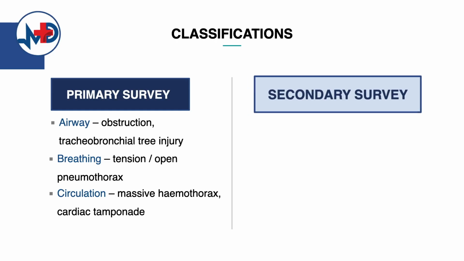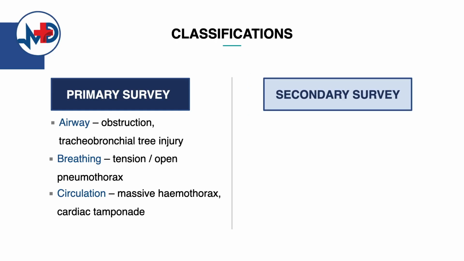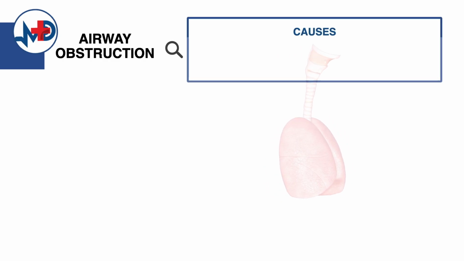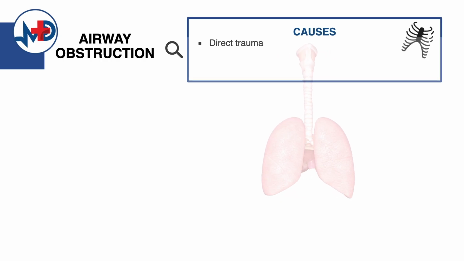Let's now move on to secondary survey. Secondary survey helps with the identification of potentially life-threatening conditions. This includes aortic injuries, flail chest, myocardial contusion, rupture of the diaphragm, esophageal injury, and pulmonary contusion. Now we'll go through the life-threatening conditions that you would need to look out for in your primary survey, starting with airway obstruction. The causes of airway obstruction may be due to direct trauma, either from the airway or surrounding